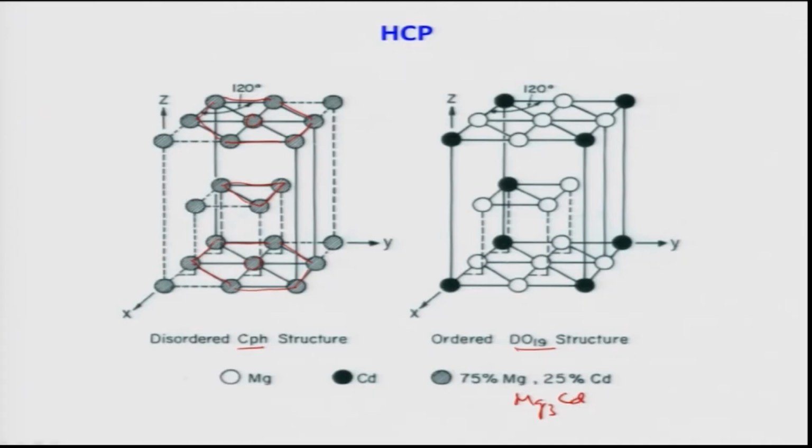So, what will happen here is that you see here some of the corner atoms, 1, 2 here, are occupied by magnesium, again here at the bottom layer, at the center out of the 3 atoms, 1 atom is occupied by magnesium and the rest are actually cadmium. Oh, sorry, these are all cadmium atoms, the black ones and white ones, actually the closed one is cadmium and the open one is magnesium. So, you can see here that there are 4 atoms,